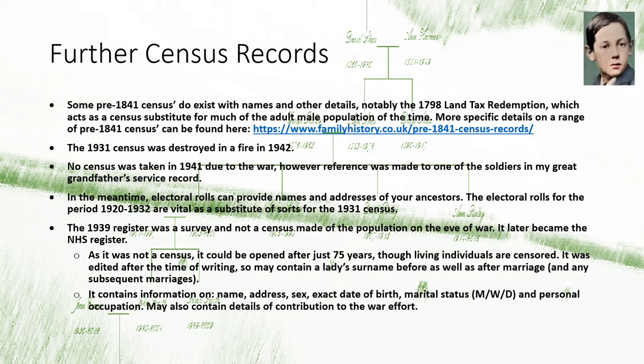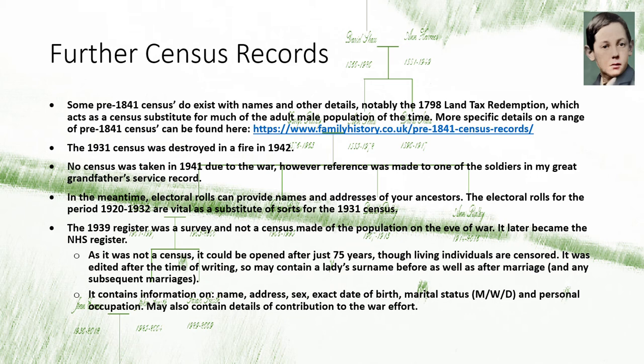In the meantime, Find My Past have created a great collection, which is electoral rolls from 1920 to 1932, which is a great substitute for the 1931 census. All it gives you is who lives there, who is eligible to vote in that household, and the address. But it at least gives you an idea of where they were at that period in time. And because it's living memory as well, you might find people who can give you a bit more information